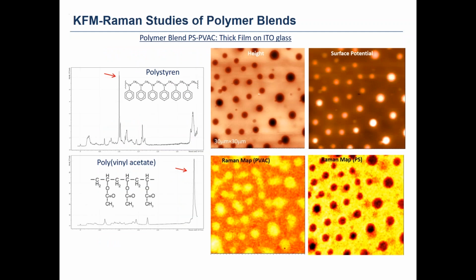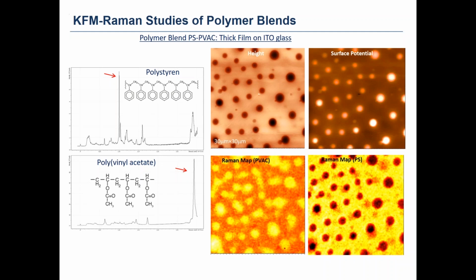But once we also add optical techniques like Raman mapping, we can get the Raman map on the polyvinyl acetate or polystyrene wavelengths, and we can then decide which component of this blend is the polyvinyl acetate and which is the polystyrene. So we get some elements of chemical analysis. And this is good, but